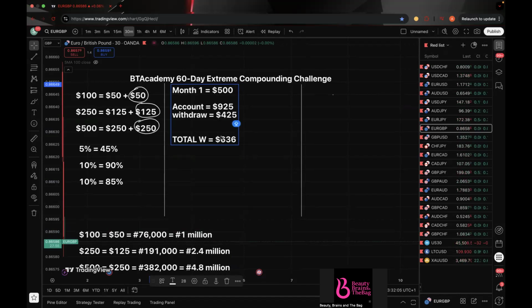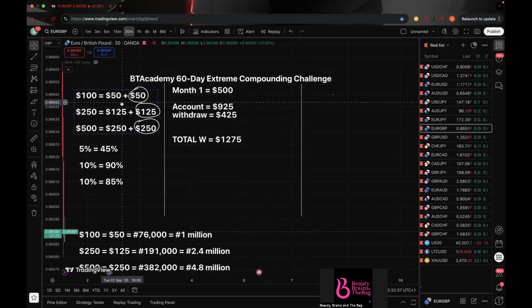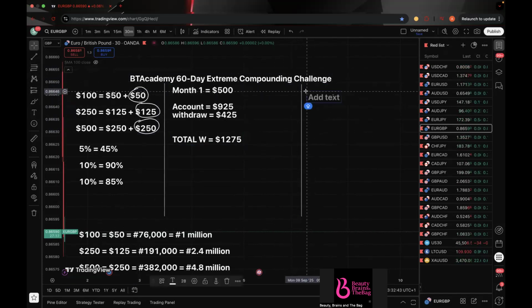So 425 times 3. That'll be 1,275 in withdrawals, which if you convert to Naira, times 1530 would be approximately 2 million. Do you understand? So either that or that, you choose what you want to do based on what you're comfortable. And also you can decide not to risk as high as 10% per trade, depending on you. All right, you can decide to maybe risk 5 or 7,